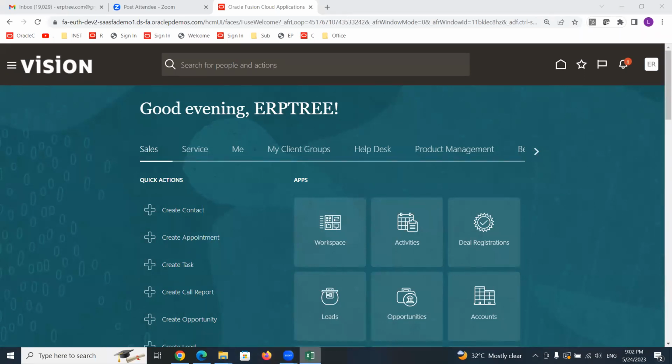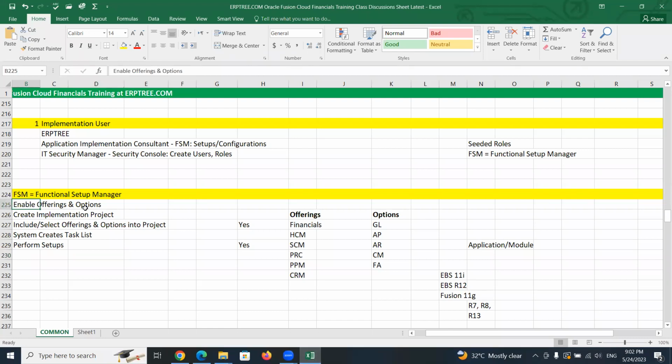Fine. What is the first step? Sir, please, one question. I created the user as per yesterday's session, but when I log in, it asks me for a business unit and organization name, but for you, it shows a different screen. Why is it so? No, it won't ask anything. Okay, but for me it is asking business unit and organization name. Which instance are you using? The same, dev to SaaS. No, it doesn't ask. We will check at the end of the session. Please remind. Okay.